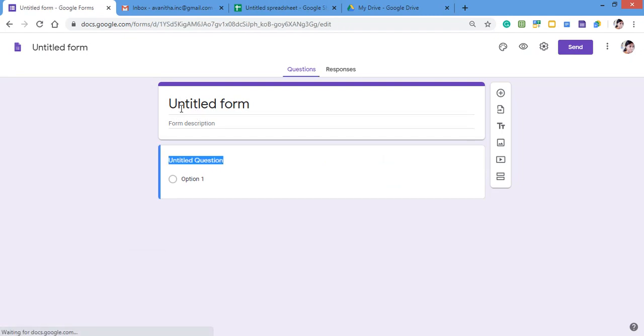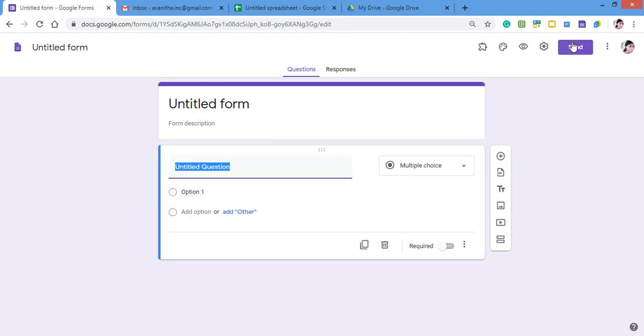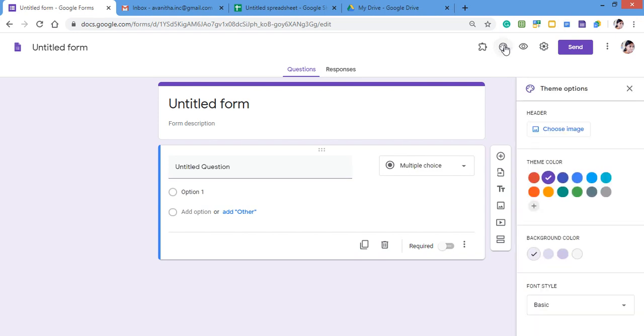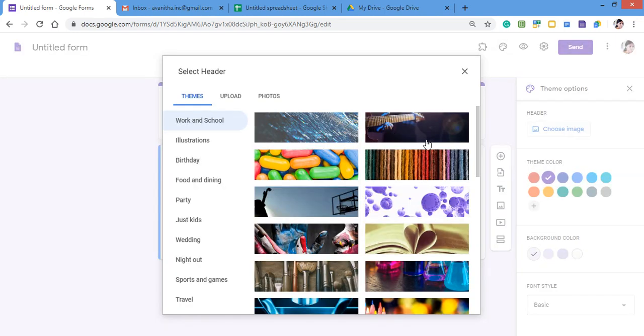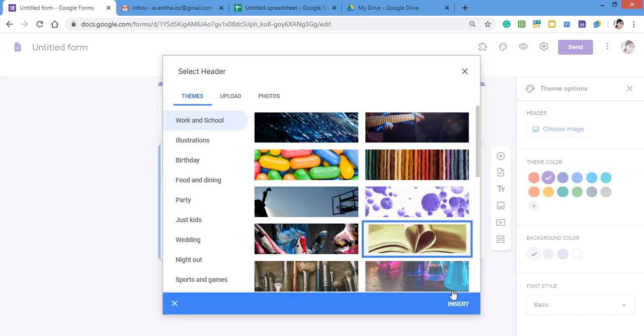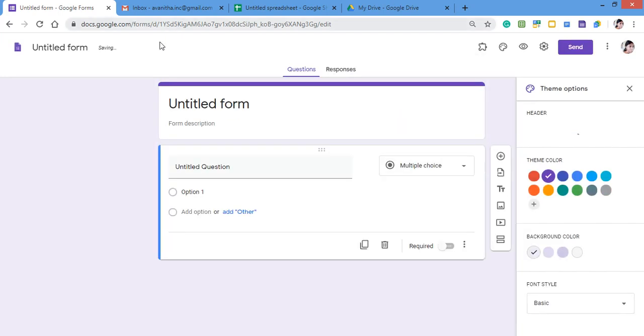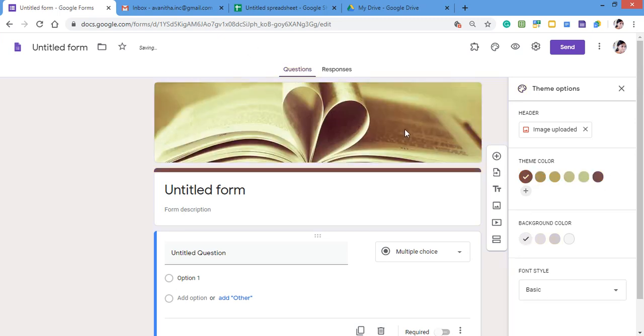Now it is showing untitled form. Within that you can customize your options like choosing an image. For example, I am choosing an image of a book. If you press the insert button, it will be added to your Google Form. As you can see, the header is now a book.